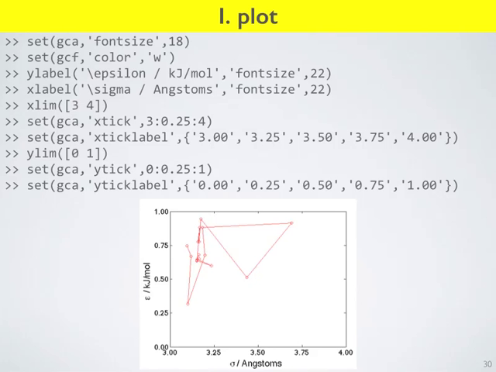You can change the font size, you can change the color. This ugly gray background you can change to white. You can give it a Y label and an X label. There's actually a built-in interpreter, so you can get some Greek symbols by prefixing the name of the symbol in Greek with a backslash, so it will actually make a nice epsilon, make a nice sigma. If you start this word with a capital, it will make a capital epsilon and a sigma, so that's nice. You can change the X limits, how wide the X-axes are, and the Y limits, how wide the Y-axes are.